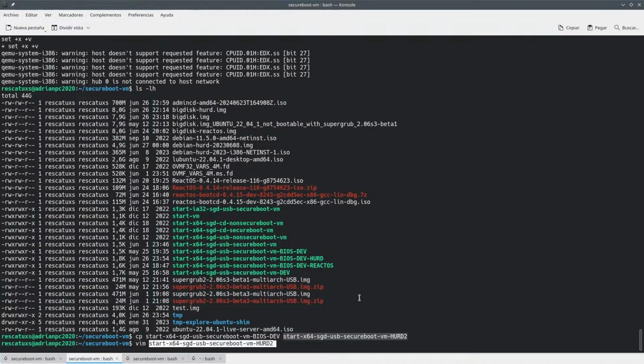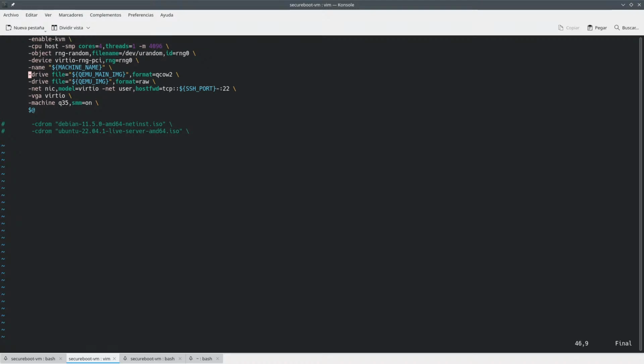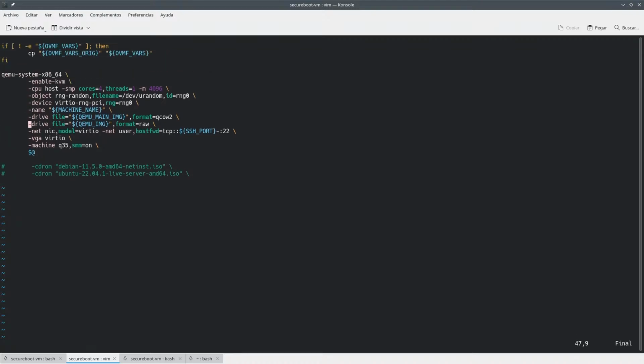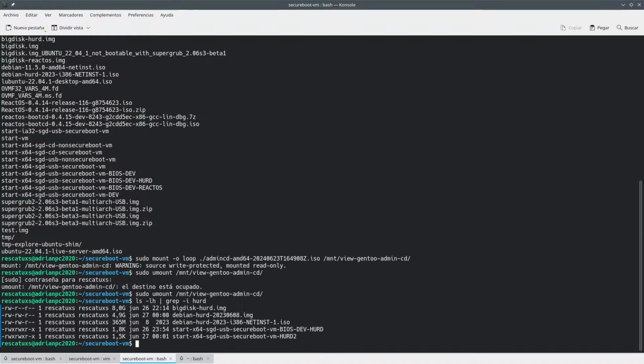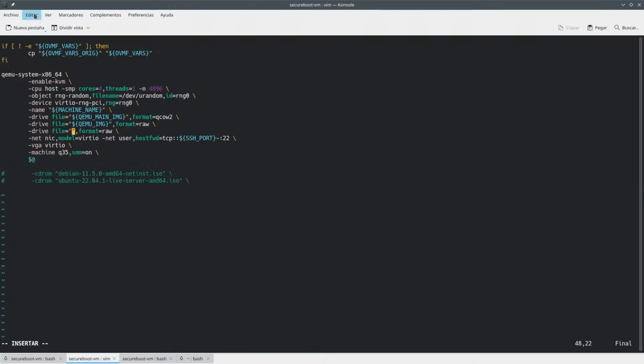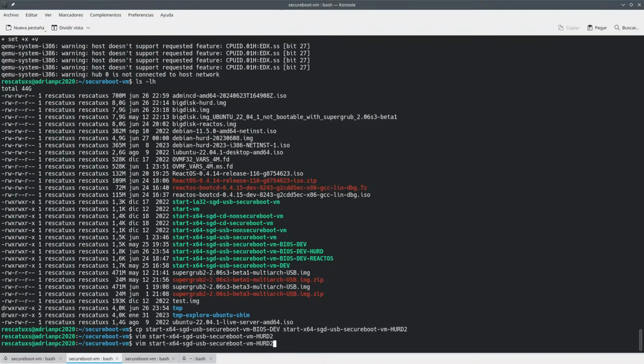And what I'm going to do here is I'm going to add an additional hard disk here, which is also raw. And here we are going to have the Hurd thing, which I think, yeah, this hard disk here from that we have downloaded here.